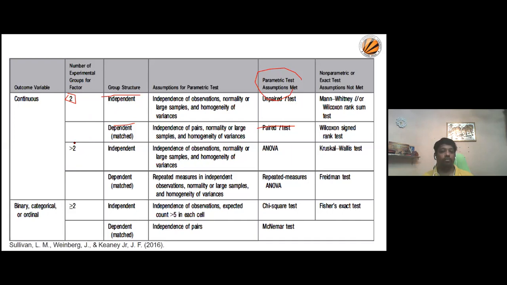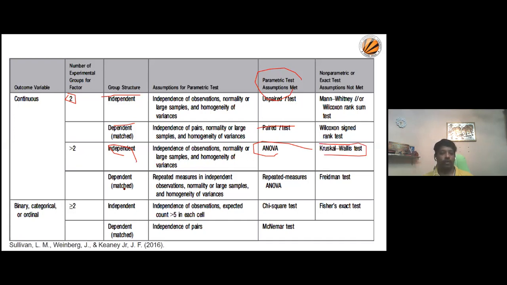When you have more than two groups, in general, if you have independent groups, we use ANOVA, one-way ANOVA or two-way ANOVA based on your variables. That's a different thing; it will take longer to describe the different types of ANOVA in detail. But in a nutshell, if you have more than two independent groups, use ANOVA. The alternative to ANOVA, if it is not normally distributed, is the Kruskal-Wallis test.